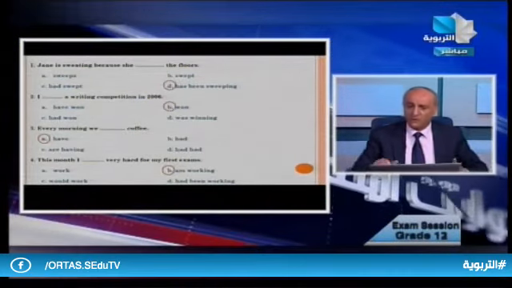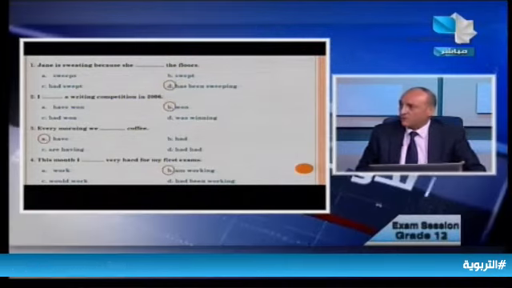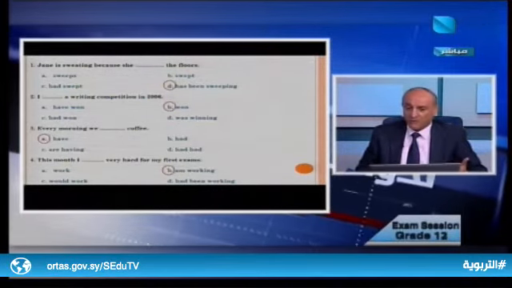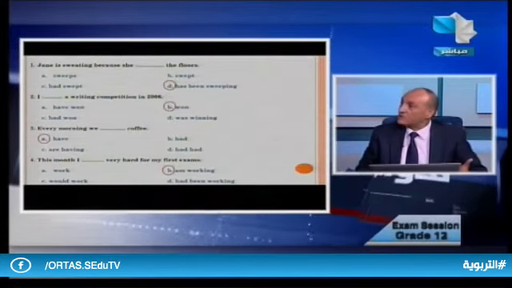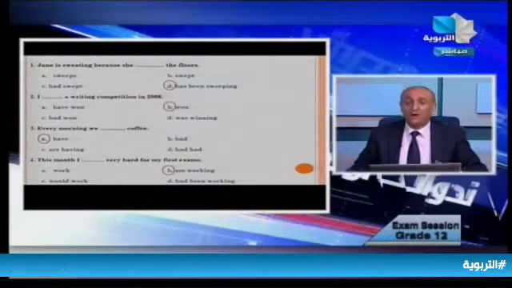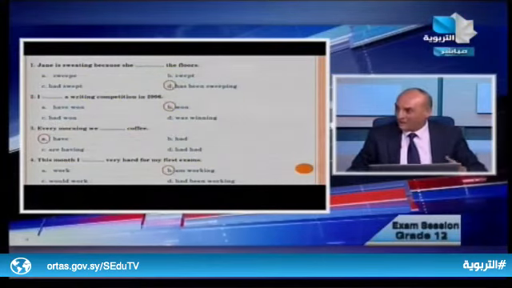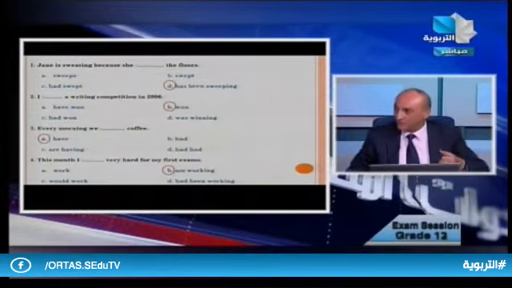But of course, with this month, we can use past simple. We can use future. I will work very hard for my first exams. I'm going to work hard. I worked very hard. I have worked very hard. It's correct to use many tenses with this month, this week, this year, not just present continuous. So don't tell your students again, dear colleagues, to use only the present continuous with this week, this month, this year. It is wrong to tell them that.